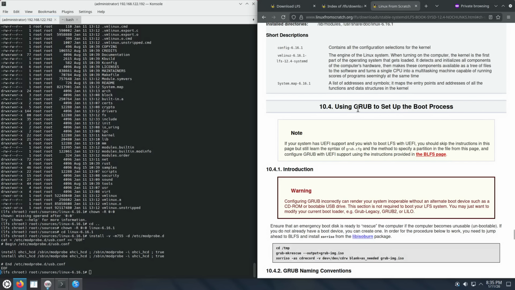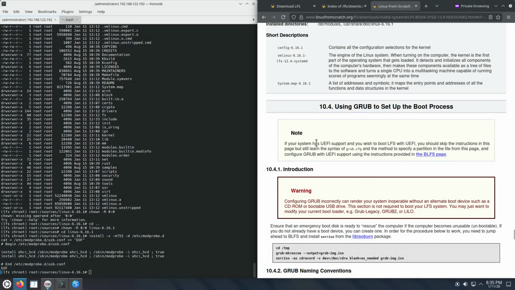We have already configured, built, and installed GRUB, the bootloader, but we did not yet configure it. We need to tell it that we're using UEFI, where is the EFI vars file system, that